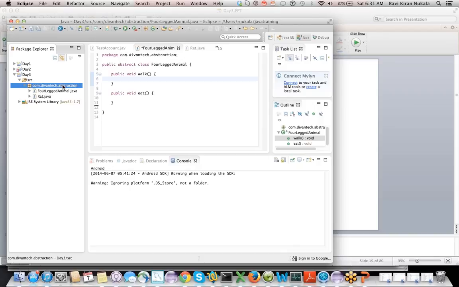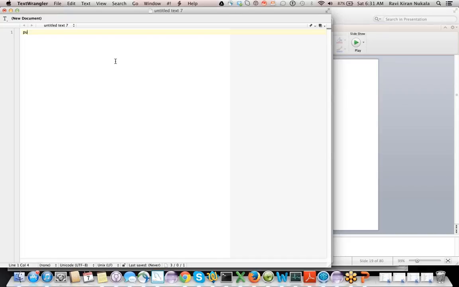So we have four: public, private, protected, and default. That means we don't specify anything, right? These are called access specifiers.